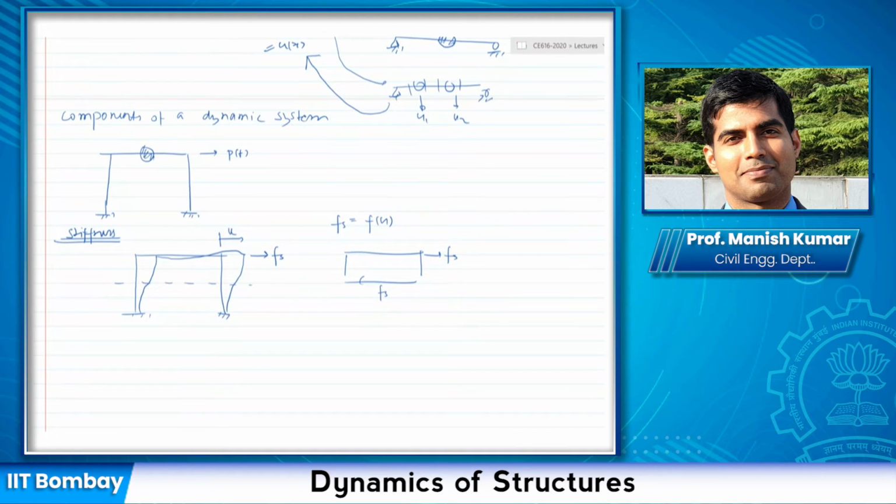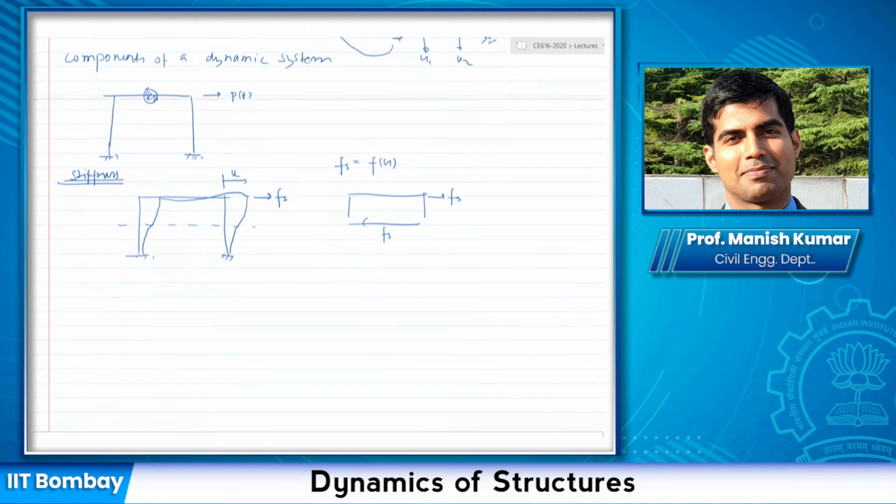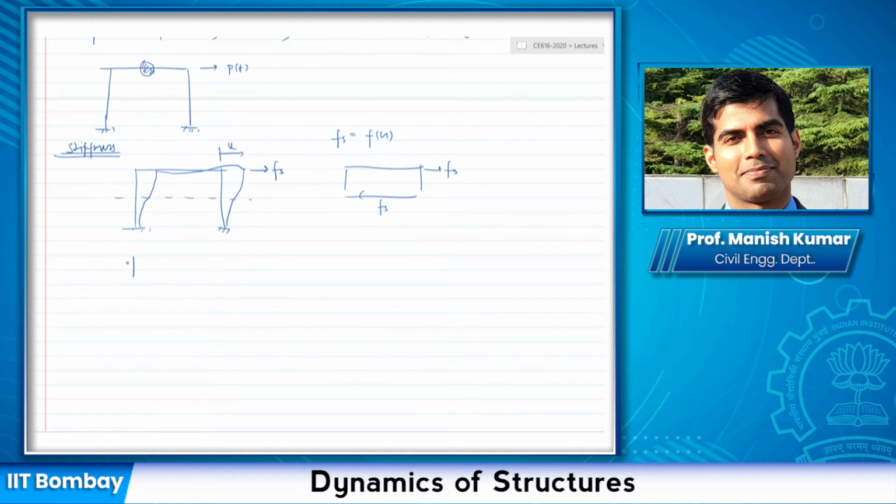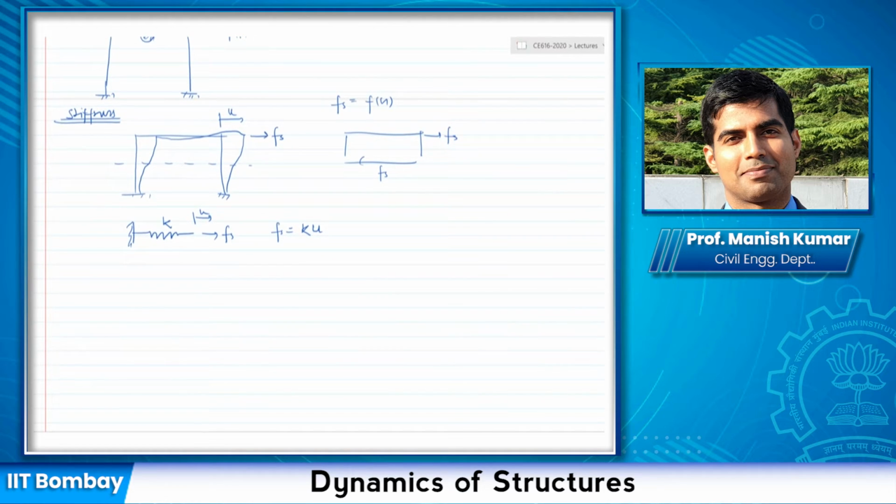Okay, now let us start with the simplest representation of a stiffness system. If I have a spring here of stiffness K, and if I apply a force Fs, how is the displacement of the system related to K and Fs? Can I say Fs is equal to the stiffness of the system times the displacement? Okay. Now I want to do the same thing for the frame here. So the question becomes, how do I do that? How do I find the relationship between Fs and U? Okay. Now let us see how we do that.